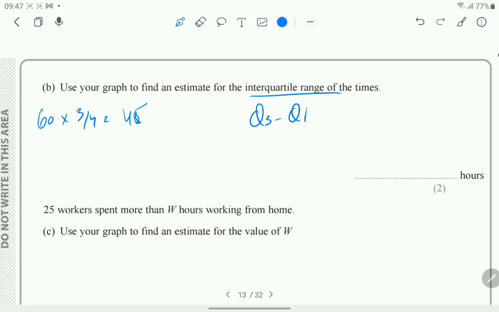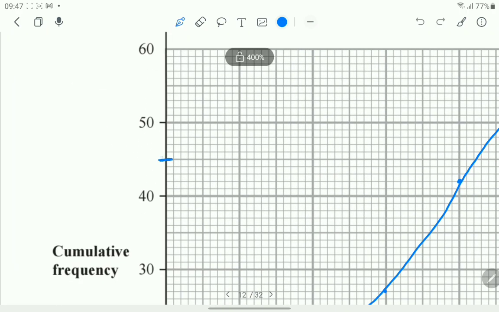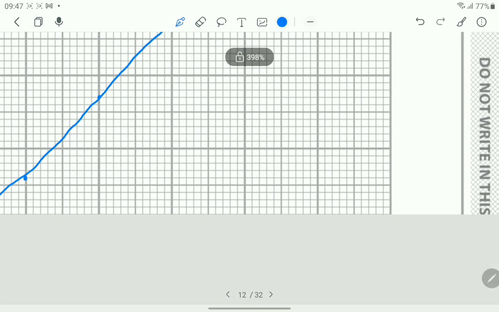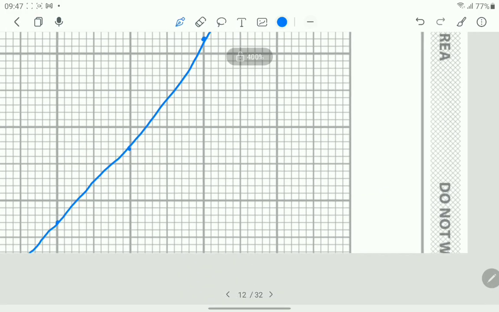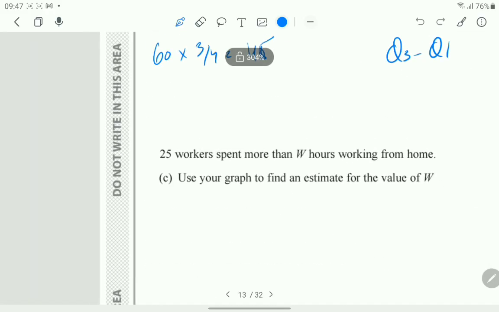So if I go on my cumulative frequency graph and see that 45, and trace this till here and trace it down, we get 21, I guess. No, we get 22. So Q3 is 22,